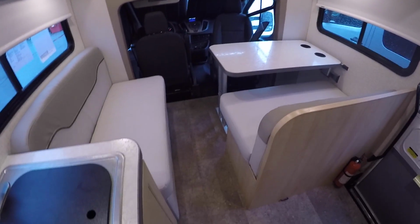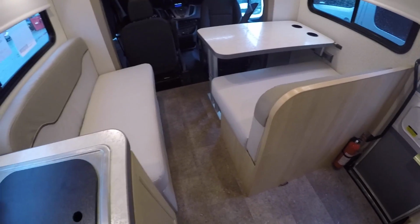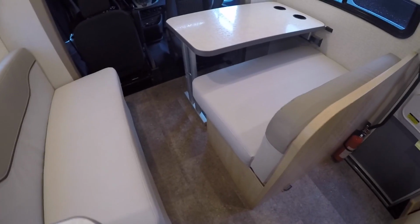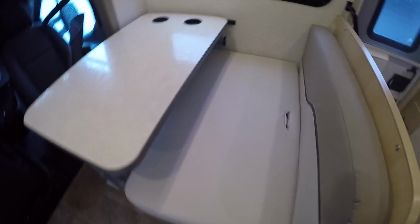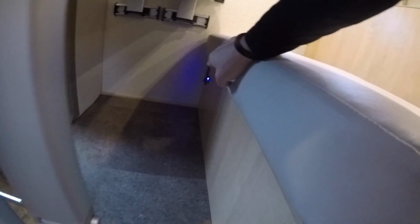One thing folks often want to know about the flooring, it's all one-piece vinyl, very easy to keep clean, as well as no carpet. Also, for some additional storage underneath the dinette here, you'll see just by lifting this cushion, got some great storage underneath, also exposing your seatbelt. And looking underneath, you also have a great USB with a blue light indicator, as well as another AC power